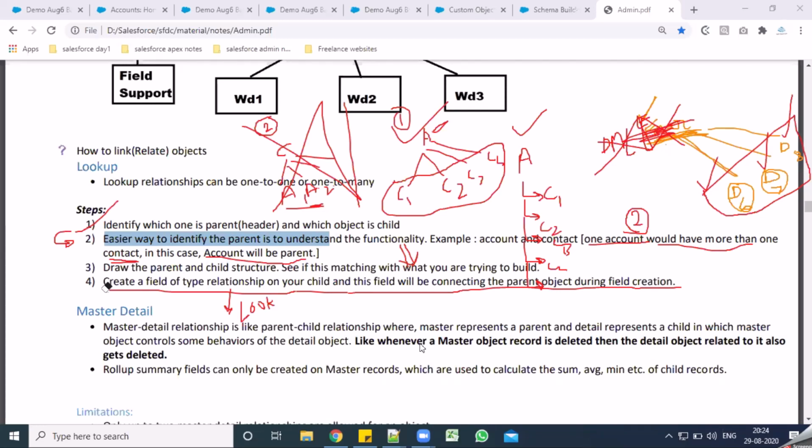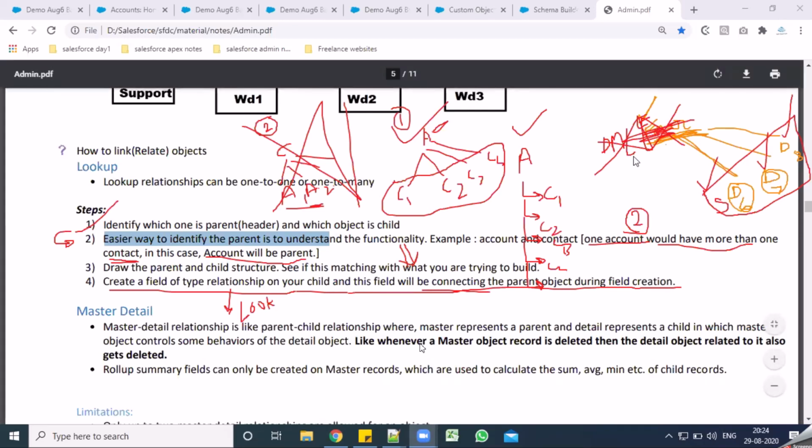So that is why on my child in our example, the demo SD record, the demo August 6 record, what I have done is I've created a field on my child which is of type relationship, and this field will be connecting my parent object during the field creation, right? So during the field creation, it is asking me which object I need to connect to.